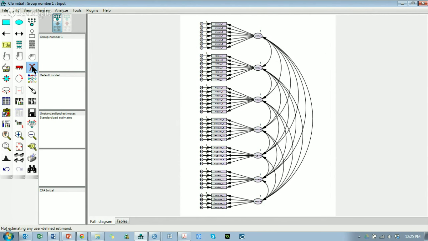There we go. Okay, does anyone need help getting the CFA model up and running and working? Okay. Don't be shy. All right. So